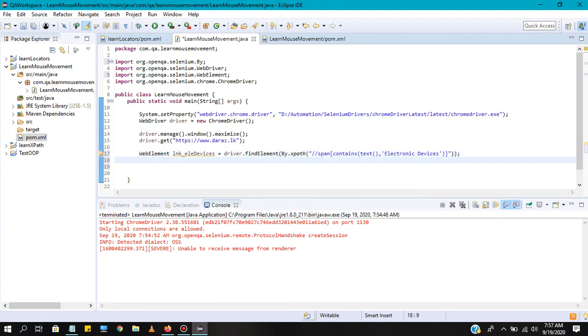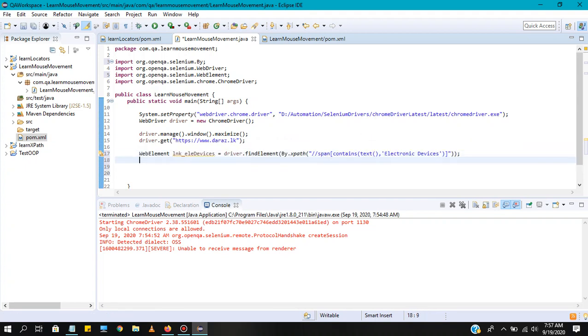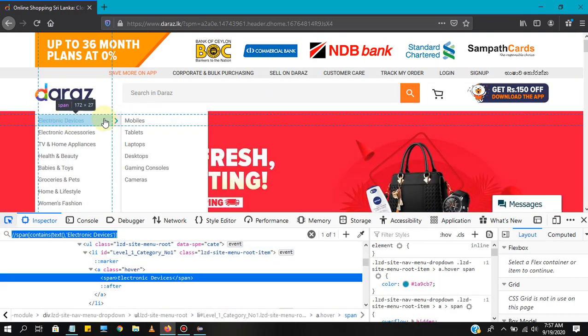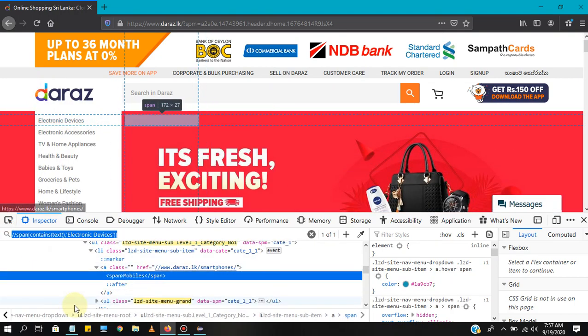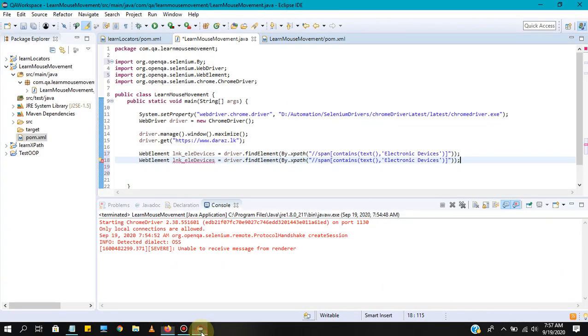So likewise we need to capture the other element as well, right? So just copy this same set of code. That is, just click on this element, click on this mobiles. You can see this mobiles text, just copy that.